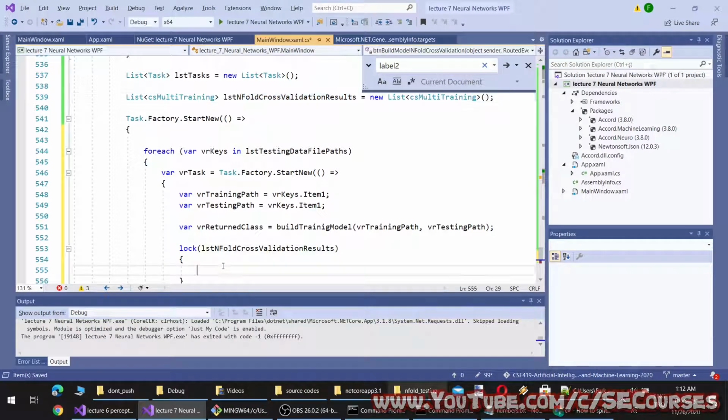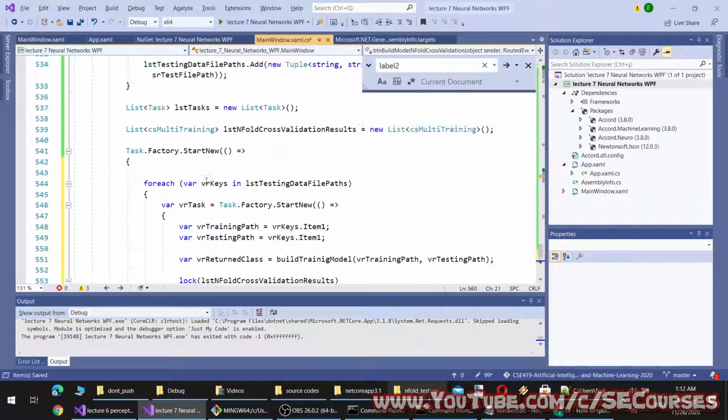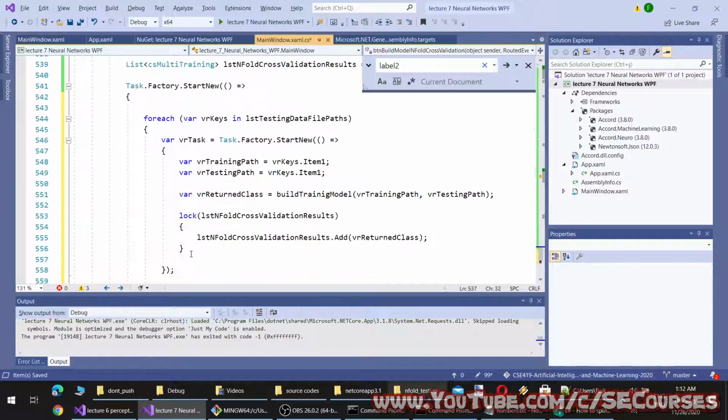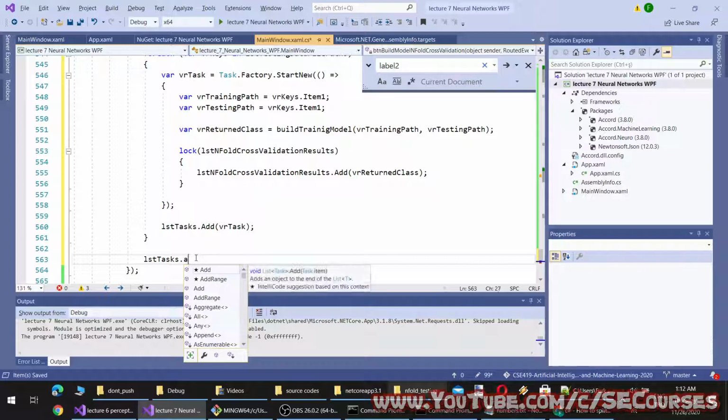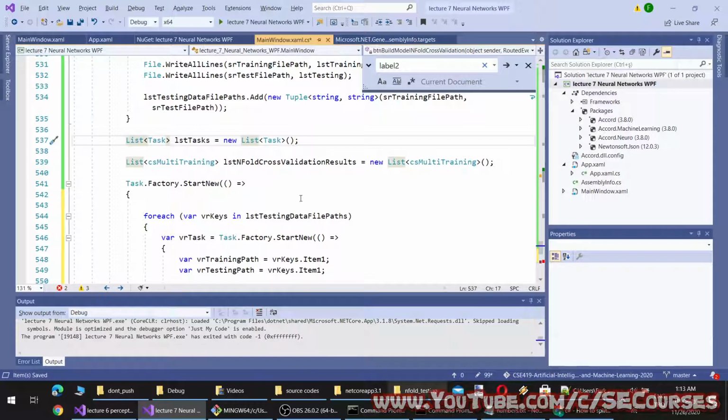And I will add the model, and I will add these tasks to the task list here, and I will await all tasks here. I think it was join or something. We were using something, maybe task list.